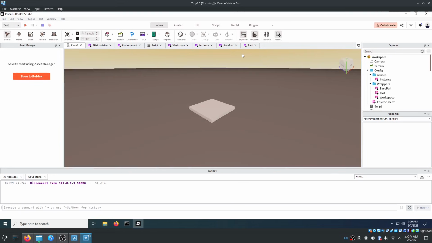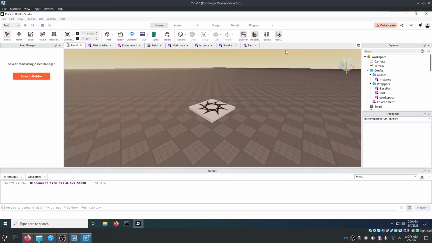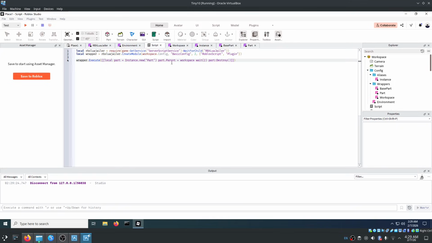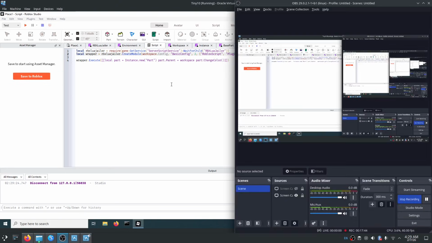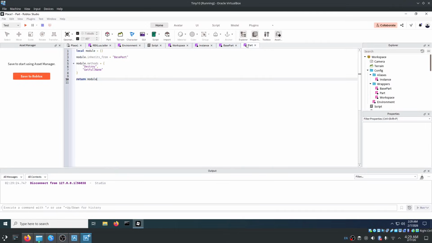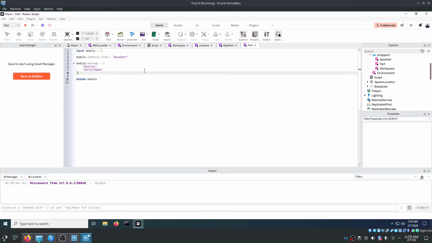But let's say that we want our own custom method, well, that's really, really easy to do. Okay, so we're going to get rid of this so it doesn't destroy, and then we're going to do part:ChangeColor. Now in real Roblox this isn't even a method at all. This doesn't exist, but we can make it. So we're going to go here and we're going to type